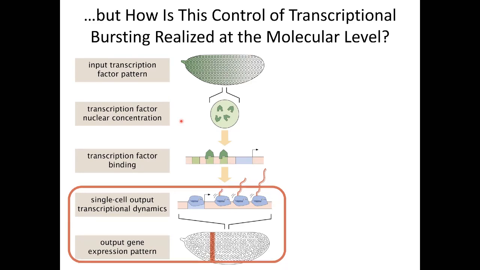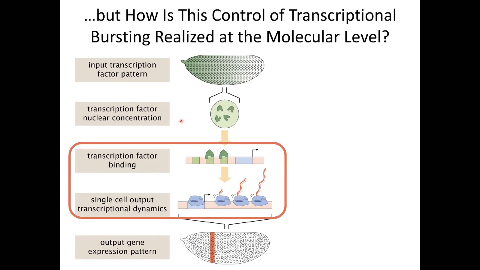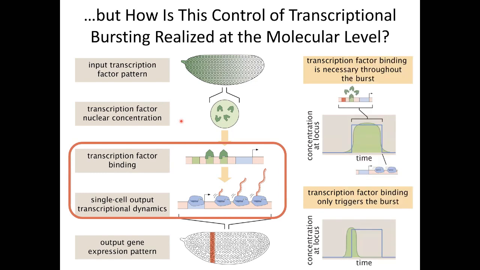What I mean by that is, what happens? How does transcription factor binding trigger and regulate transcriptional bursts? And you can imagine a bunch of different scenarios. These are not mutually exclusive in any way. Where, for example, the transcription factor could have to be there for the whole duration of the burst, or the transcription factor only needs to be there at the beginning of the burst to prime it or something like that. So clearly you need to know something about the binding and its relationship to bursting if you want to make progress towards uncovering the molecular mechanisms of bursting control.